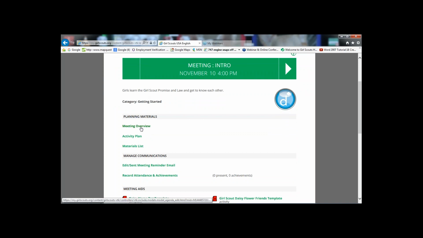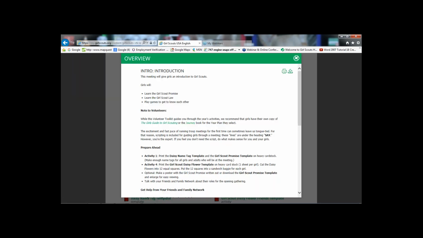So we'll start with a meeting overview. A new volunteer may ask, what will I do? Well, here it is. Here's a complete intro to what the first meeting may look like. You will notice what to do, notes to volunteers, things to prepare ahead, and actually you will see things that might be in bold. That is a reference directly to a resource from Girl Scouts, or you may actually have